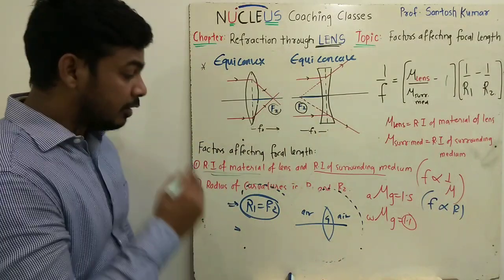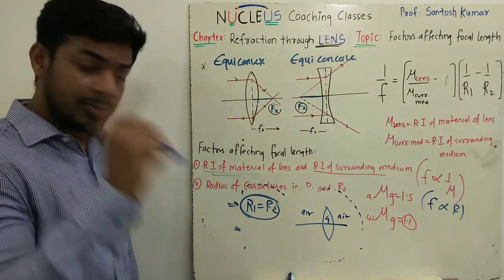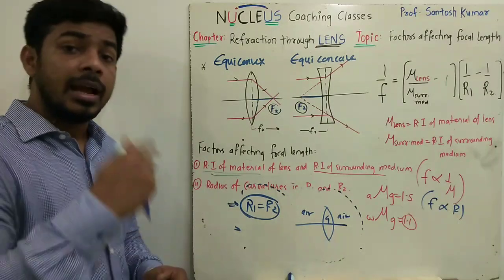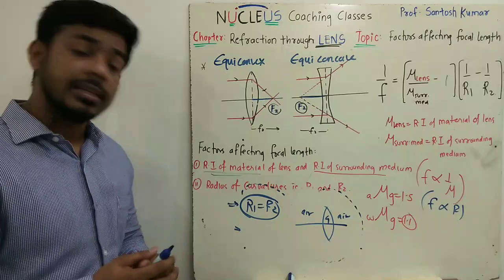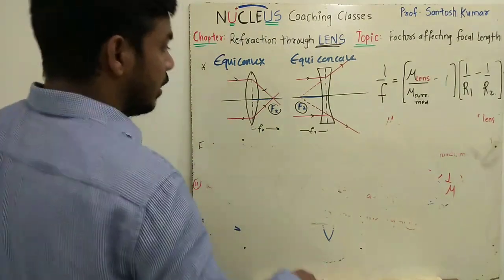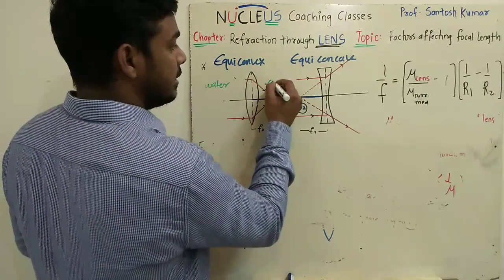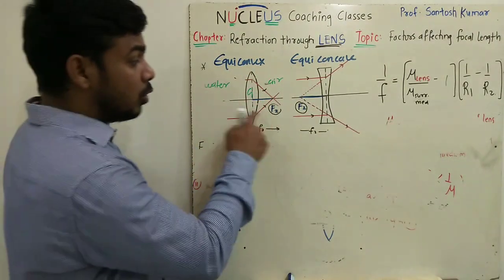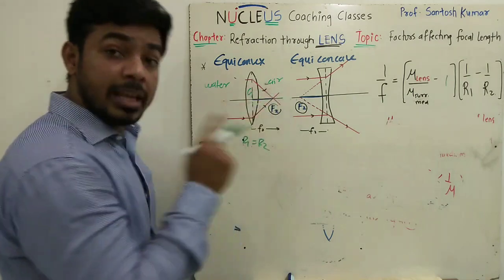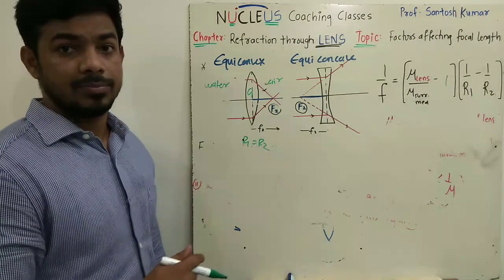Very important thing, equiconvex or equiconcave lens. Under what condition does a lens become equiconvex or equiconcave? First, the radius of curvature of both surfaces should be the same, and the medium surrounding both sides should be the same. If I give you an example, consider a double convex lens where on one side there is water and on the other side there is, let's say, air, and this is glass. Even though the radii of curvature are the same, the surrounding medium is different, so that lens will not be called an equiconvex or equiconcave lens. So, very important thing.